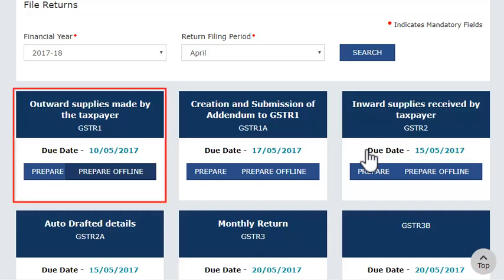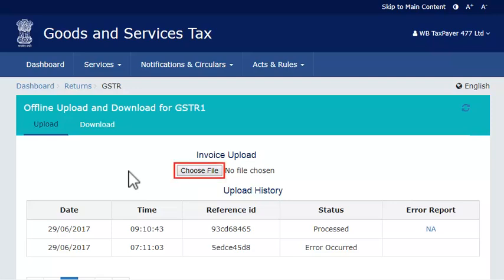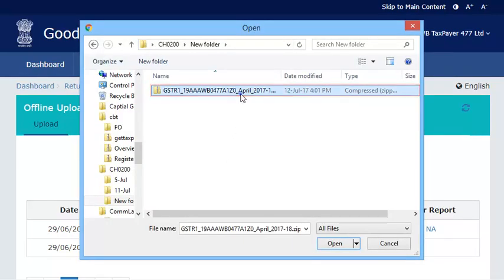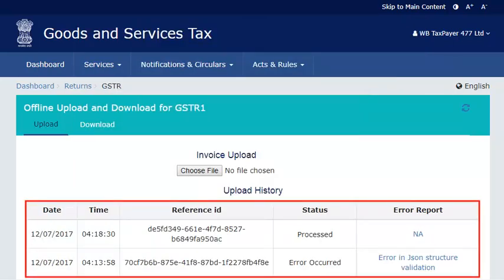From the outward supplies made by the taxpayer GSTR1 tile, select the Prepare Offline option, then select the JSON file that you created and click Open. If the file is uploaded successfully, the system will display a message stating that your uploaded invoices are being processed along with a reference ID.